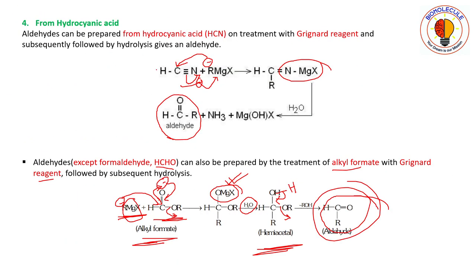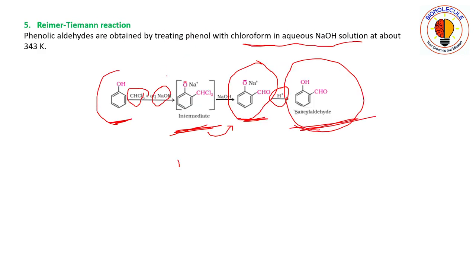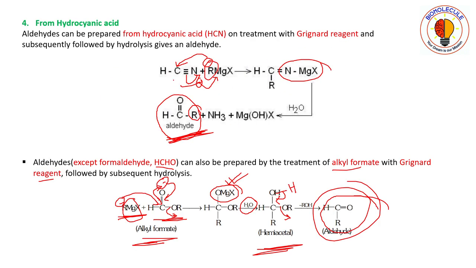See, here it's only hydrocyanic acid, so you are getting an aldehyde. Here the variation depends on R. You can take anything as R, then you will get different kinds of aldehyde. But the catch is that this one is hydrocyanic acid, and this nitrile contains a hydrogen, so you are getting an aldehyde group.